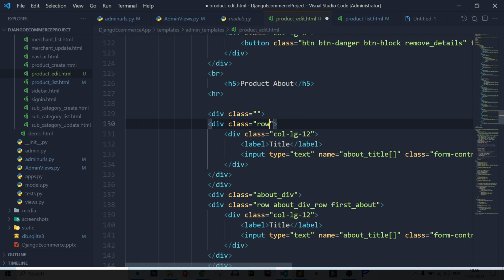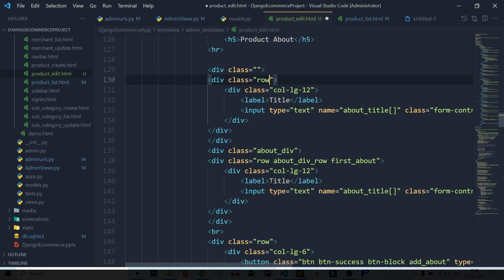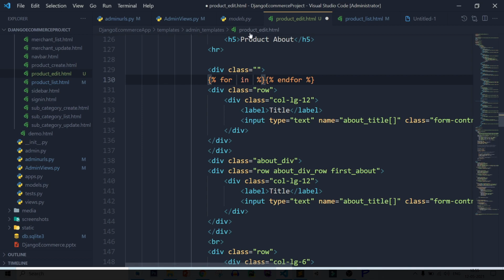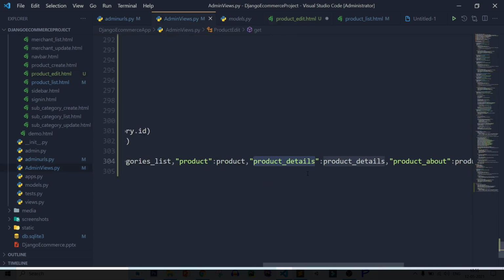It's just showing the data and we can make changes and save the data, nothing else. So this data block is used for updating the content, and here next is used for adding more contents of about in product. Now here again, let's see what we are passing.